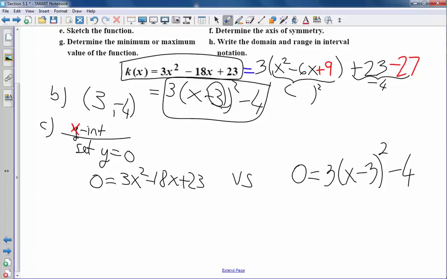Otherwise, if you go with this, how would you do that? How would you find zeros of this quadratic function? How would you find out what x makes this 0? Is it easy? You have a couple options to do that. You can first, by trial and error,